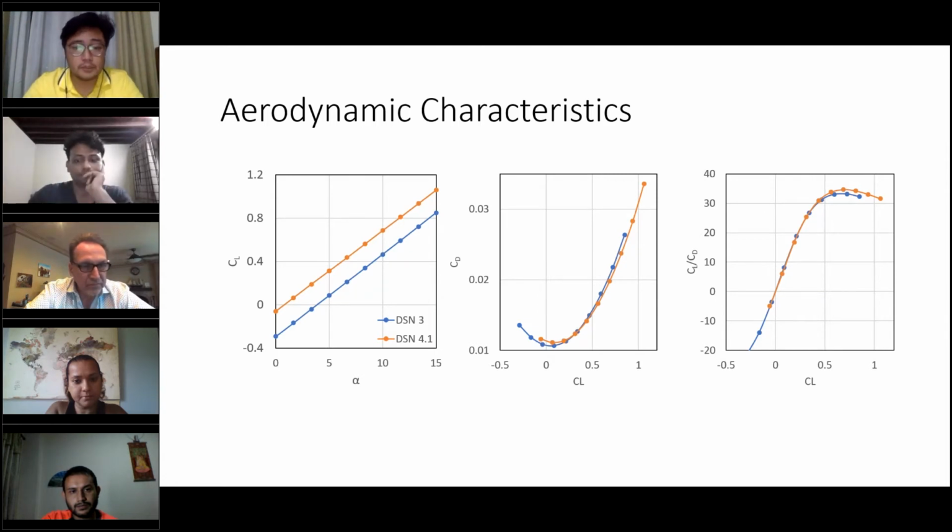And also because of the lift distribution, if we see the CL versus CD curve, we can see that the total drag for the optimized wing has been reduced slightly, especially after CL is higher than 0.5. This is basically due to the reduction in the induced drag, because the parasite drag is overall almost the same, because we have not made any significant changes to the wetted area. So overall, Bikalpa,